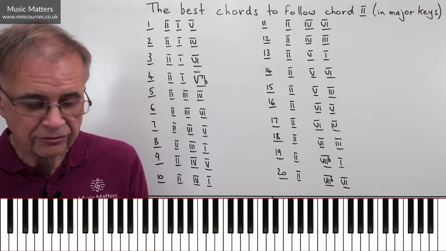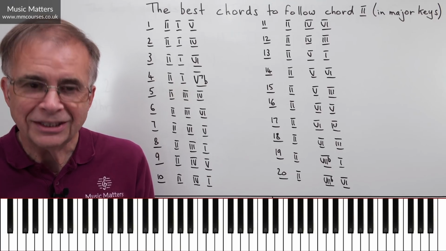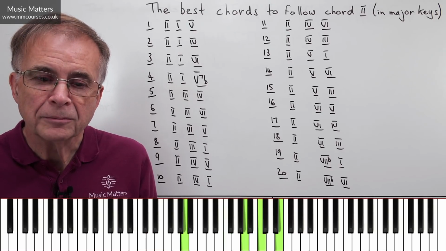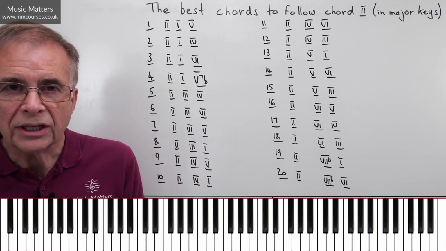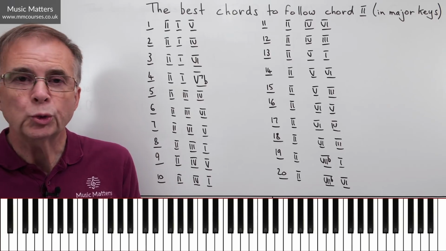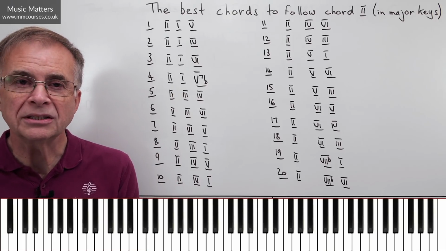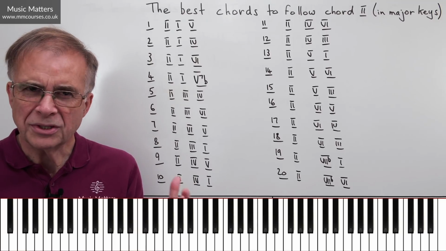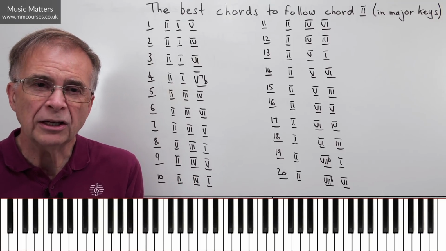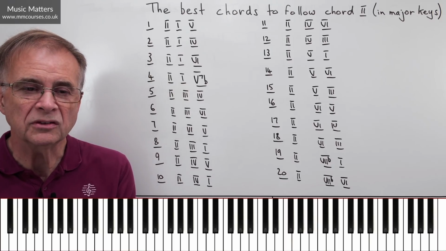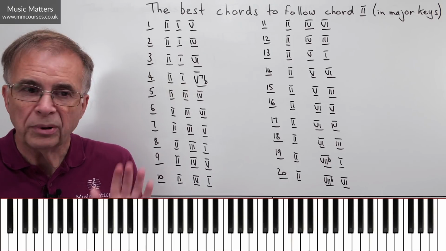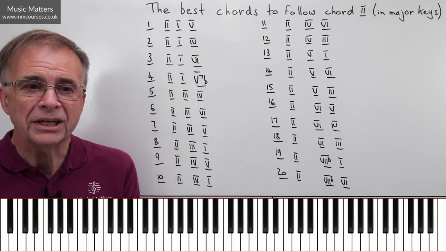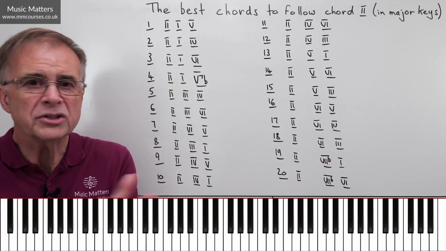And another version is what I've got in option 20. So this is going 2 to 7b to 6. So there we are. This is not exhaustive, by the way, but there are 20 possibilities. Some of them might be considered more conventional than others. So it's good to know the conventional progressions, but it's also good just to get outside the box a little bit and think of the less conventional options, which are the ones that work. You can play around with every option there is, and you'll soon hear that there are some that maybe don't work so well. But I hope that at least kind of gives you some possibilities.